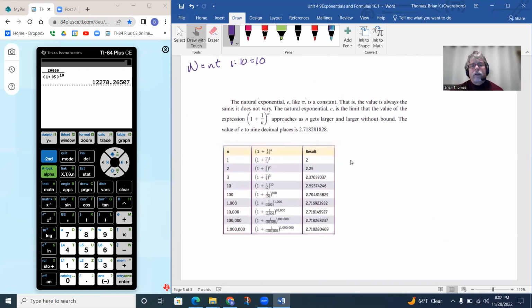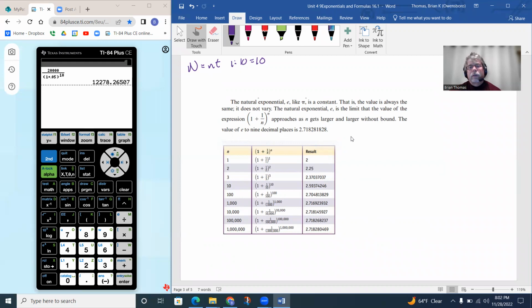So another thing we're going to get into is what's called the natural exponent, which is also called E. E is a lot like pi. It's a constant. So remember, pi represents 3.14. E is also a special number. And the way E comes into play, you may recognize this a little bit now, is this 1 plus 1 over n to the n. This expression we kind of see in finance. As n gets larger and without bound, the value of E starts to get close to this value right here,